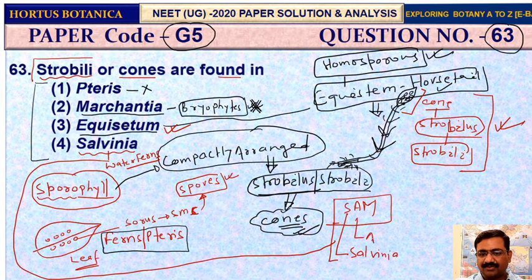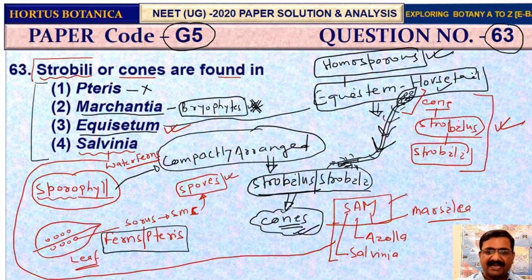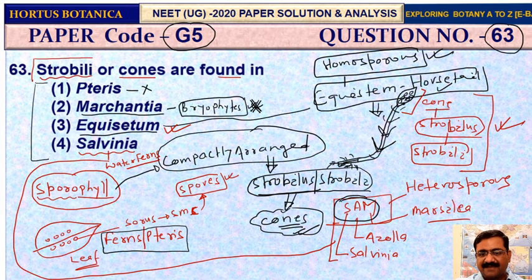Second is Azolla, a very important biofertilizer, and Marsilea. Okay, so these are heterosporous pteridophytes, fine, and these, Salvinia, Azolla and Marsilea, have their sporophylls in a very special